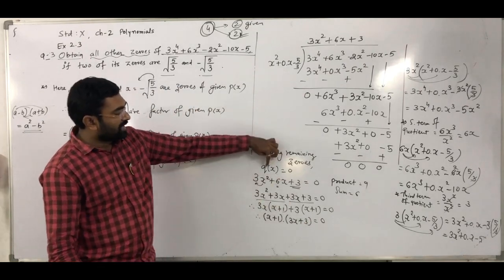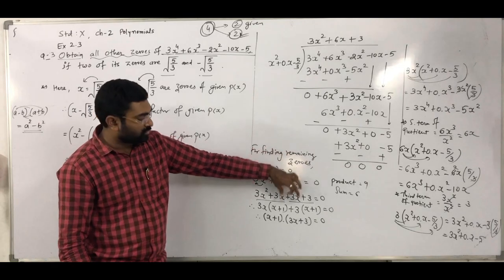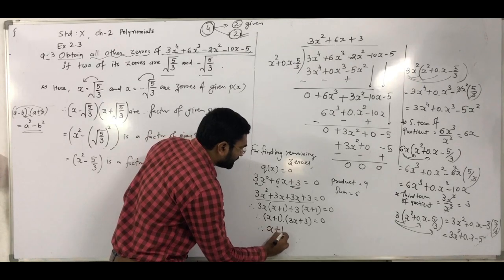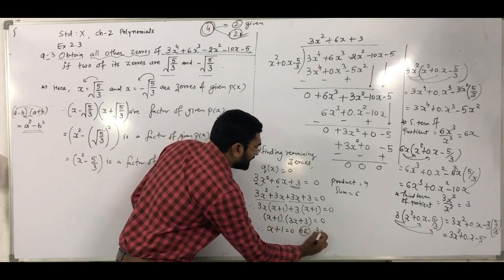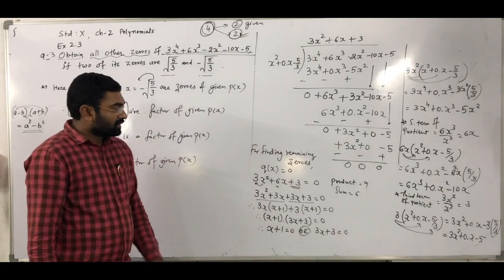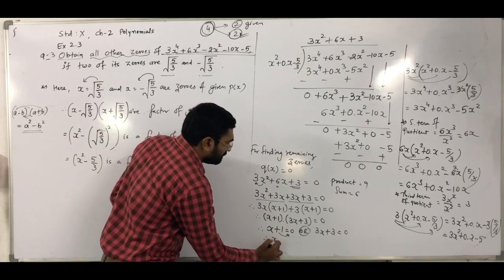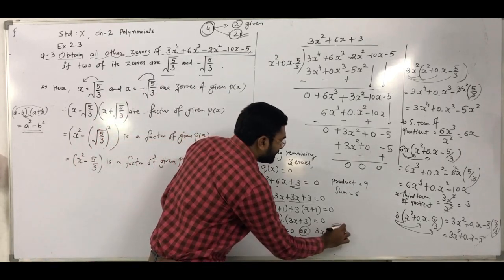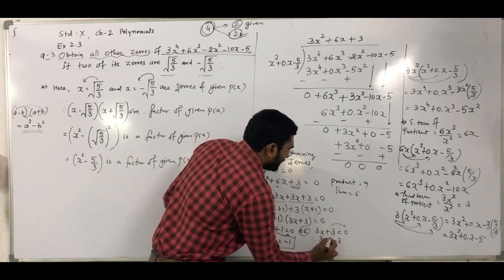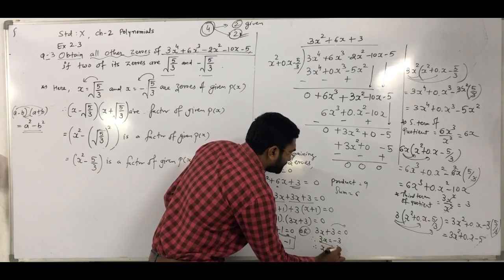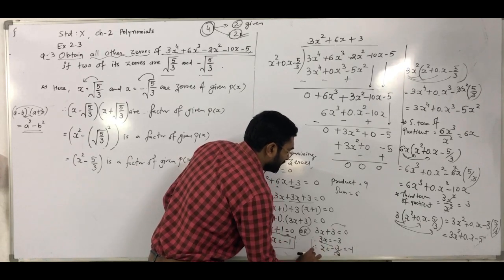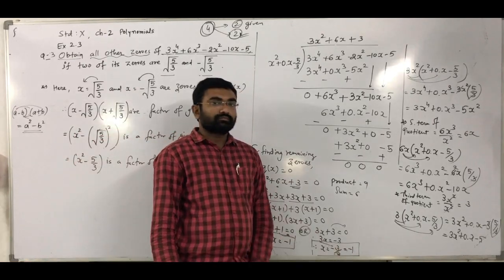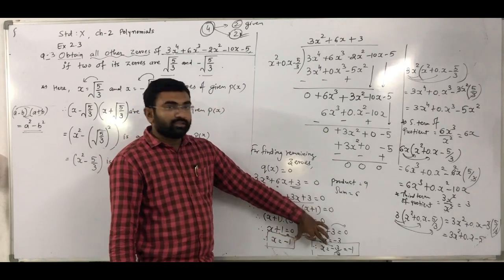So these are the two factors of q of x. 3x square plus 6x plus 3, its two factors are what? X plus 1 into 3x plus 3. So it means either the first factor is equal to 0 or the second factor 3x plus 3 is equal to 0. So plus 1 goes to the right hand side, it becomes a minus 1. Right? So x is equal to minus 1, we get one of the values. Another one, plus 3 goes to the right hand side, becomes a minus 3. And this 3 goes to the right hand side, so minus 3 by 3. So we get minus 1. So here we get the two values x is equal to minus 1 and x is equal to minus 1. Right? So these are the two remaining zeros.